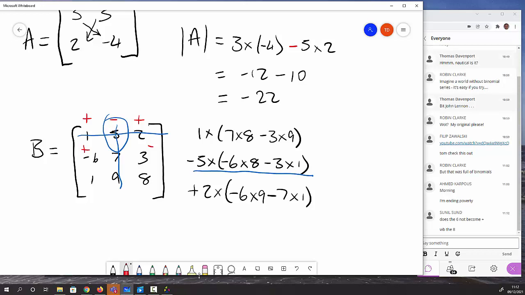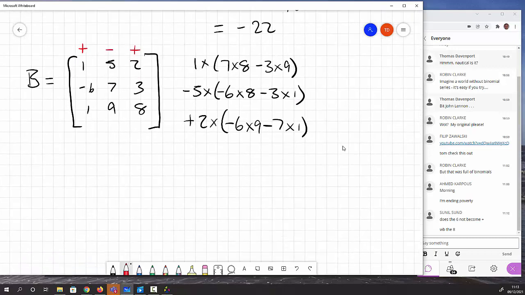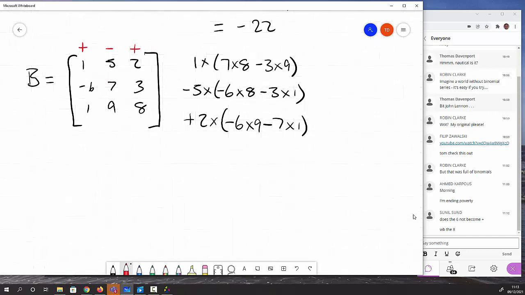What about the 8? So it's minus 6 times 8. So that's correct. That doesn't change either. Right. So now what I need to do, let's move that up a bit, is to evaluate these. So that is going to equal, so mod B